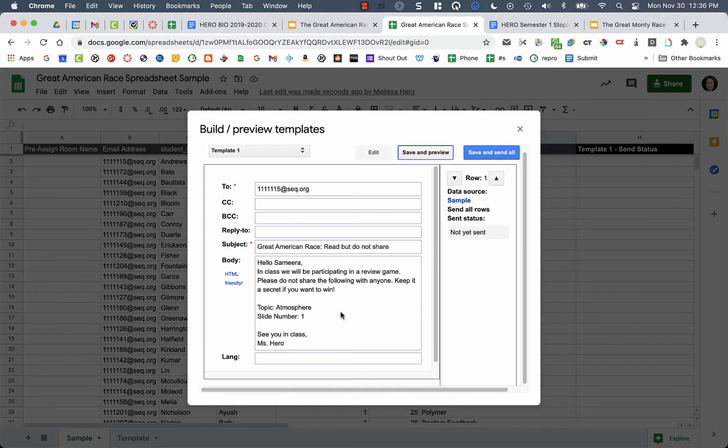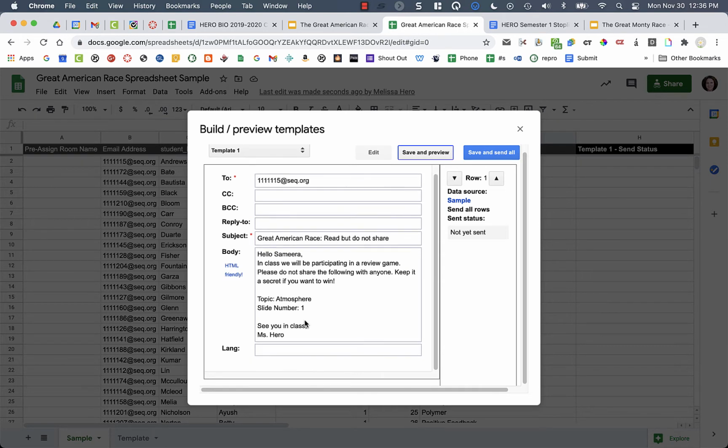an example would be. And so here would be to my student number 1, and it would say Great American Race, read but do not share. Hello, Samira. In class will be participating in a review game. Please do not share the following. Keep it a secret if you want to win. Topic, atmosphere, slide number 1. See you in class. So what it did is it filled in those carets with their actual email and their